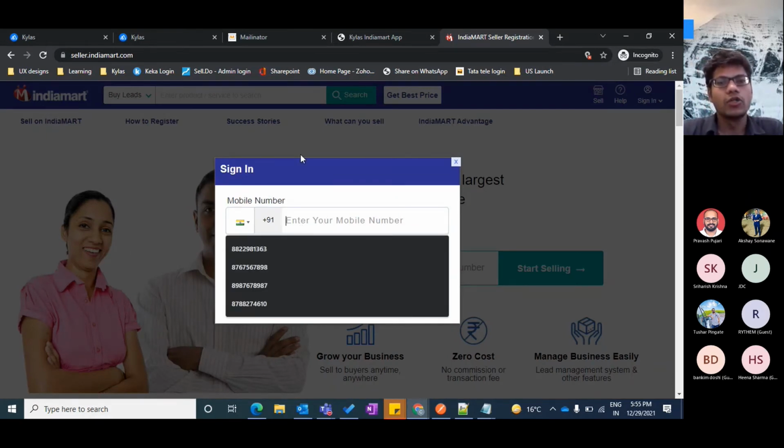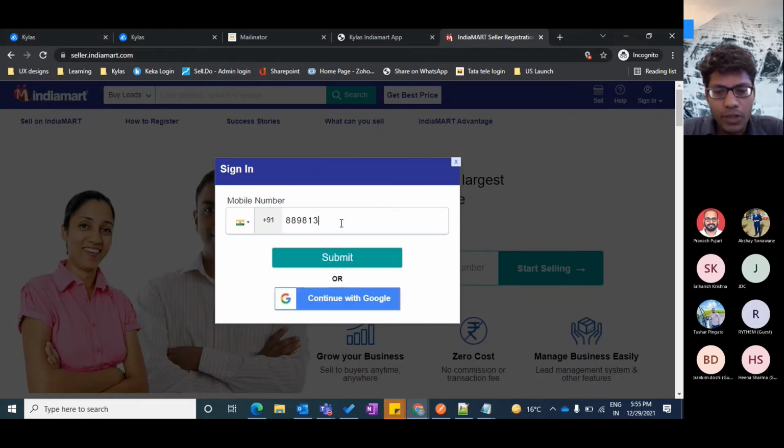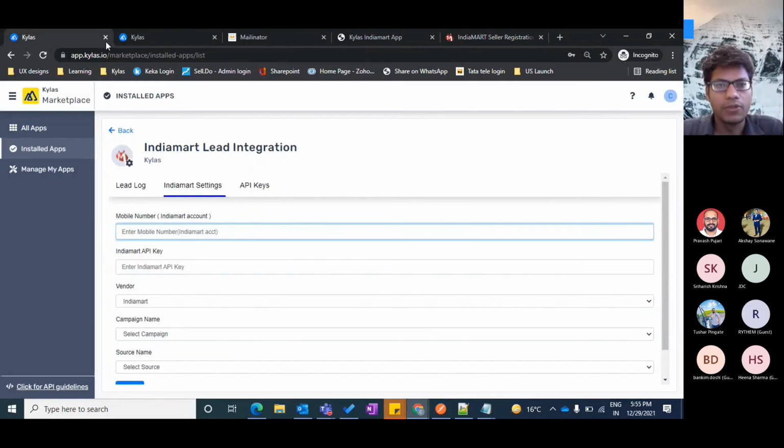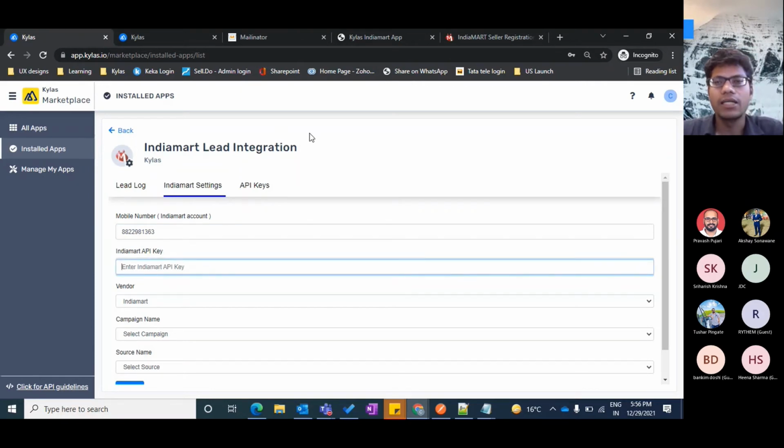In order to log in on the seller.indiamart account, whichever phone number you use, you have to enter the same phone number over here at the time of your account creation. Okay, and we have to enter an IndiaMart API key.